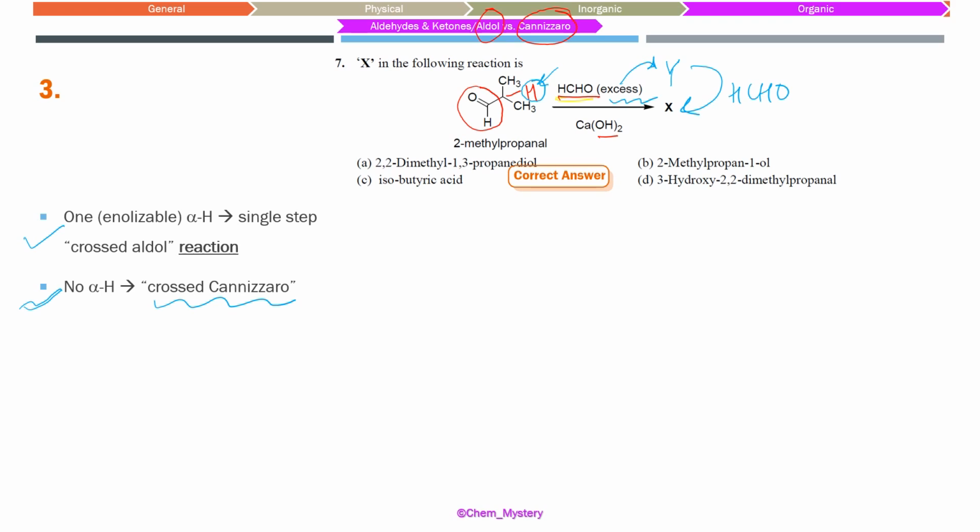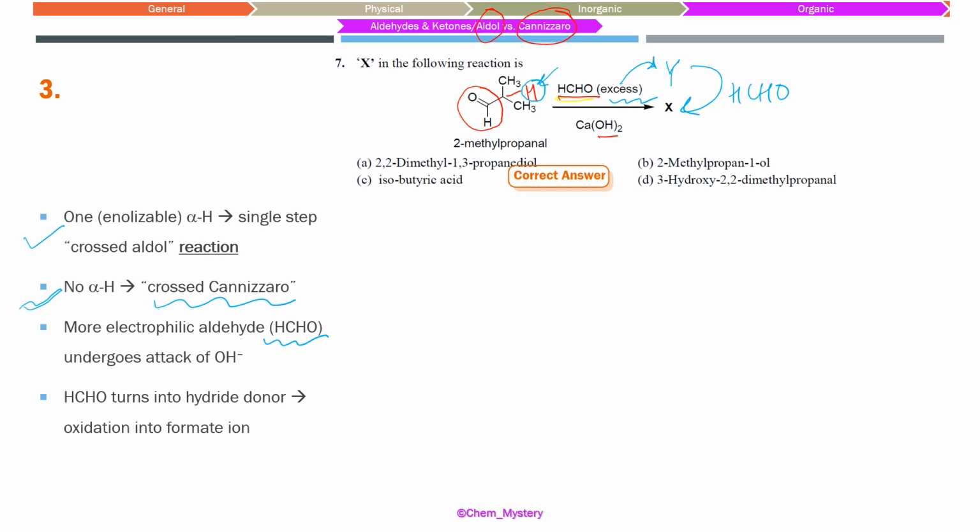And in that cross Cannizzaro, we understand that the more reactive aldehyde was supposed to be undergoing attack of OH minus ion, and that was converting into hydride donor, and that was converting into the corresponding carboxylic acid. So see how these steps are taking place. The very first step is HCHO. This is basically how this product is being formed. The very first step over here is going to be